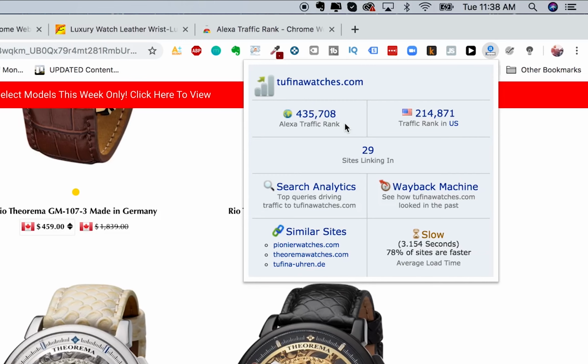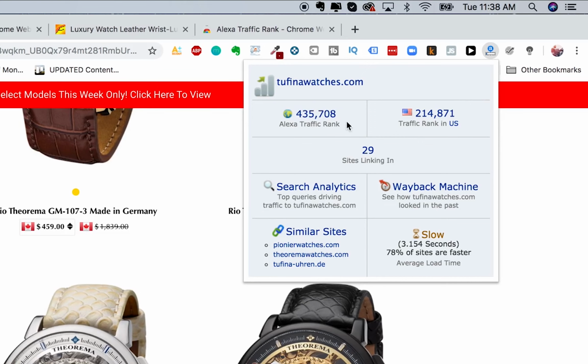But Alexa is just like a cloud tool in Amazon, and it goes and it scans and ranks every single website based on the amount of traffic going. And what traffic is, it's basically the amount of people that are visiting the website every day. So for a rank of 214,000, 215,000, that is pretty high in the US. There are so many websites out there. So this website is almost the 214,000th or 215,000th website with the most visits in the US and